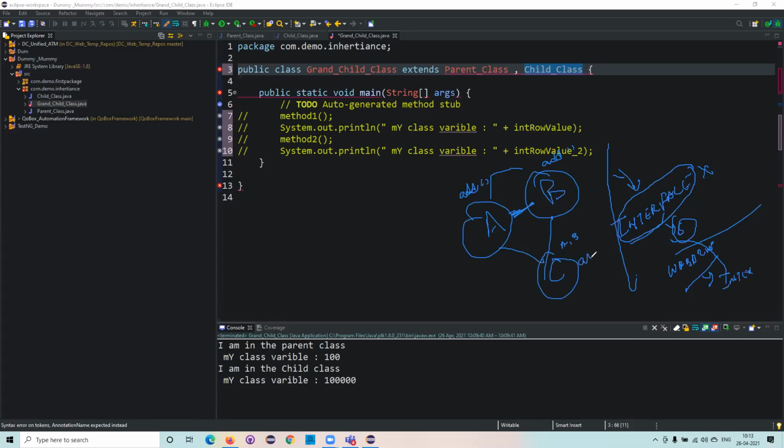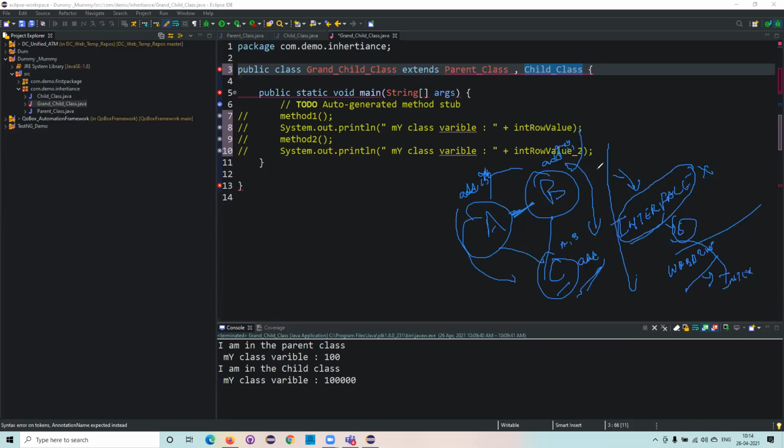Now, when you call add, the compiler will not understand which add method is coming. Either the add method is coming from class A or from class B, because the implementations might be different. Here the add method may be adding two numbers, and here it might be a different method, like the overloading concept. Even if we have two variables here and two variables here, it doesn't understand which add method needs to be called. Because of that problem, Java will not support multiple inheritance.